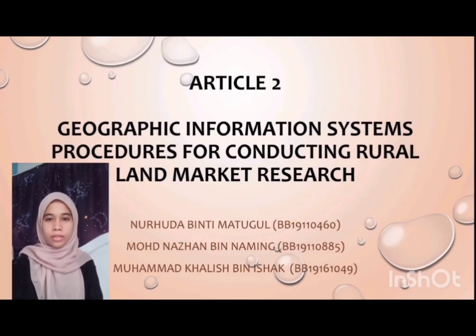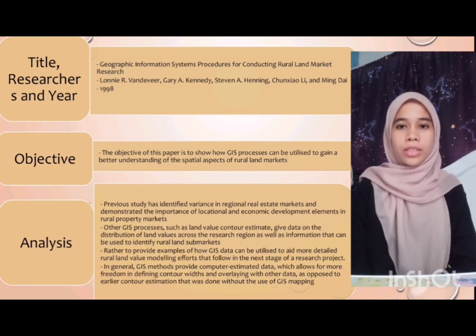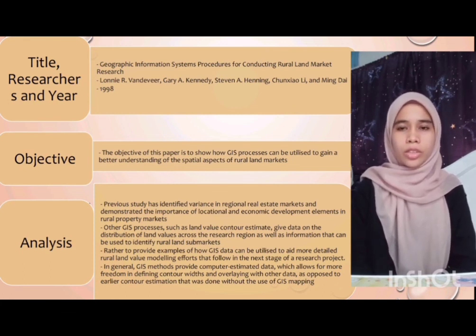Assalamualaikum and hi everyone. The second presentation will be conducted by me, Nur Huda, Muhammad Nazan, and Muhammad Kalish. So this article is called Geographic Information System Procedure for Conducting Rural Land Market Research. This article was written by Lonnie Van de Veer, Gary Kennedy, Stephen Henning, Chun Xiao Li, and Ming Dai in